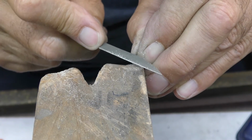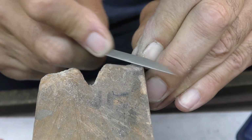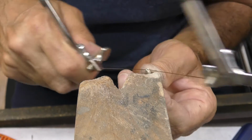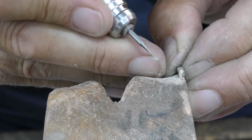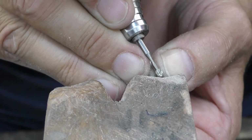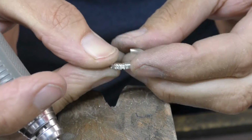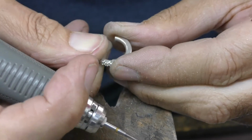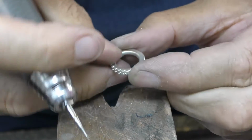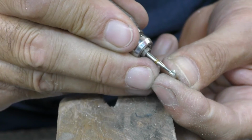Profile the top of the internal hinge. Round it off. So what you need to do is just keep trying opening the hinge before you actually work on the pin, and just make sure that this part here doesn't pull apart too much like it is there, which means that I've got to cut out inside the hinge here with